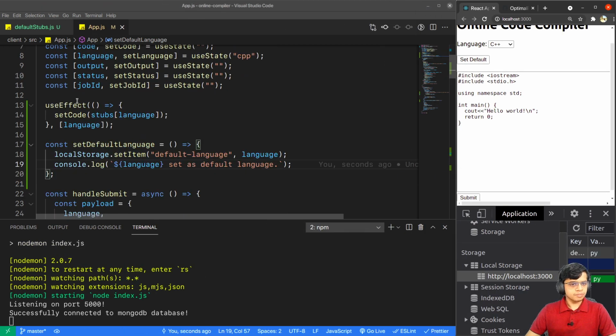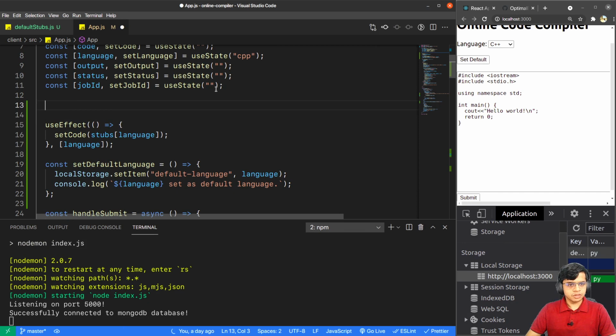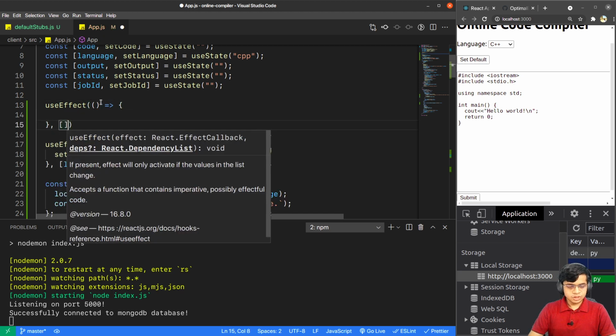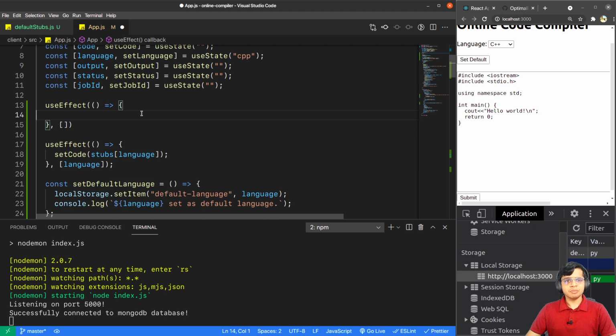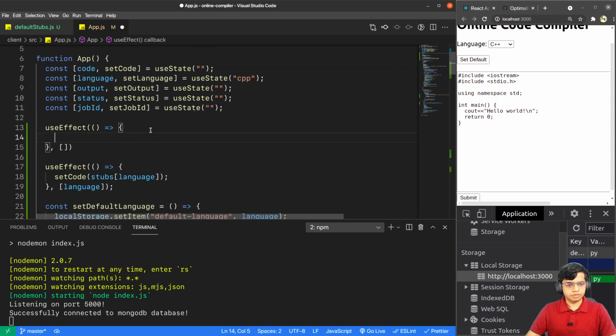So for that, I will use another useEffect function, and this will have an empty array. An empty array means that whenever this component is rendered, you run this useEffect function. So here we set const defaultLang.